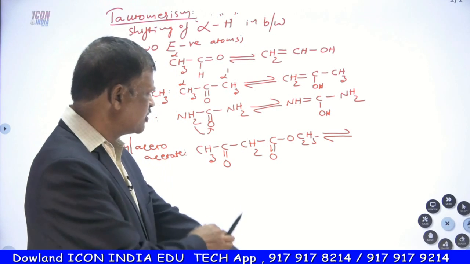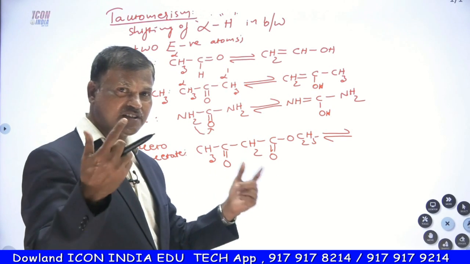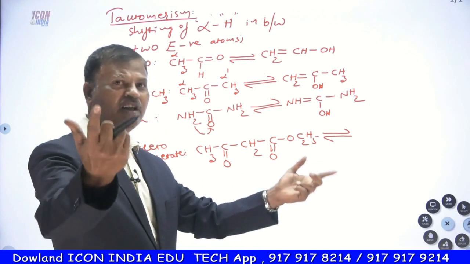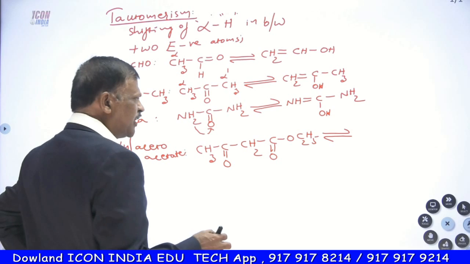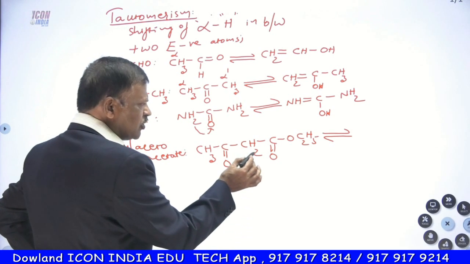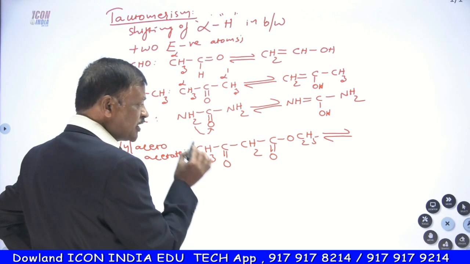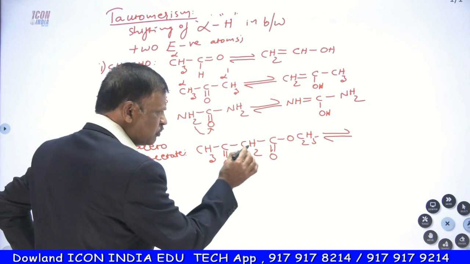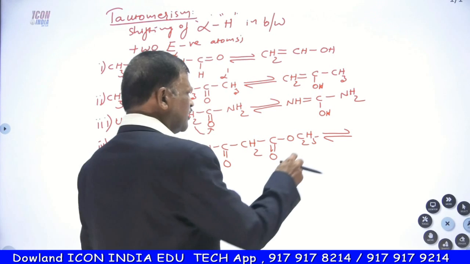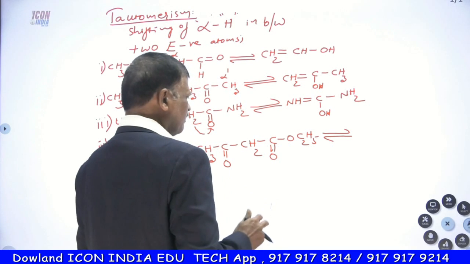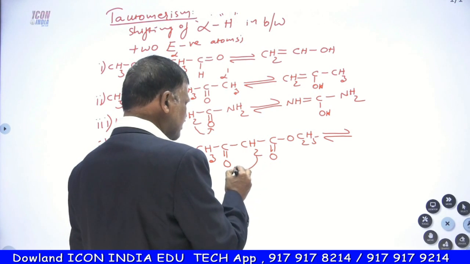Here you have two options to shift hydrogen. Two different types of alpha hydrogens are there. Whichever alpha hydrogen is more acidic, whichever alpha hydrogen is more easily released, that alpha hydrogen you can shift to oxygen. See, what are those alpha hydrogens? You can identify the two alpha hydrogens in the form of CH2, and these three alpha hydrogens in the form of CH3. These two alpha hydrogens are more reactive. These are more active. That is why you can shift. This is the ester group COOC2H5. That's why you shift one of these two alpha hydrogens to this oxygen.